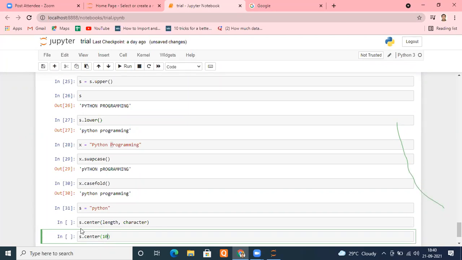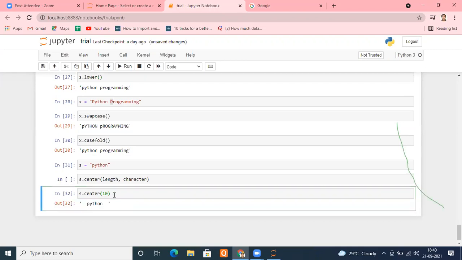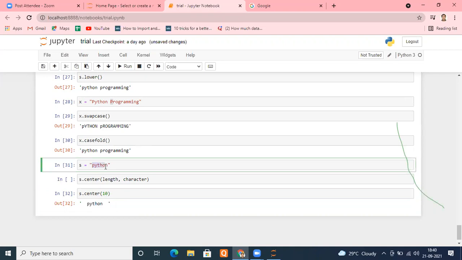What will it do? See properly, please look at what it will do. I'm running this cell. Can you check what has happened? It has taken your string Python, and how many characters is it having right now? 1, 2, 3, 4, 5, 6.